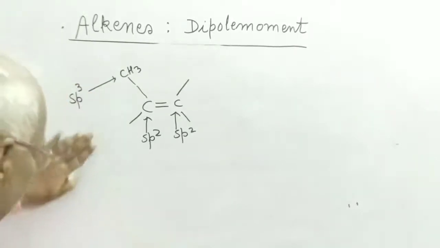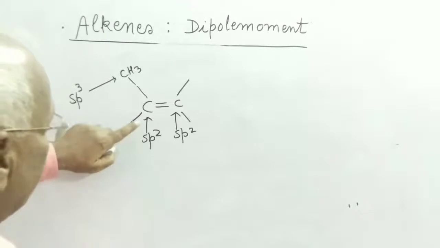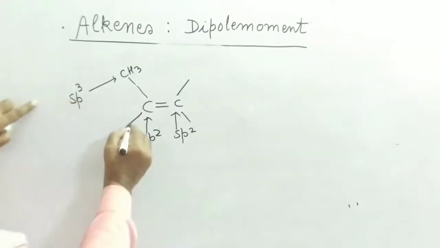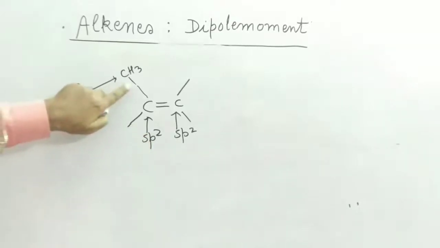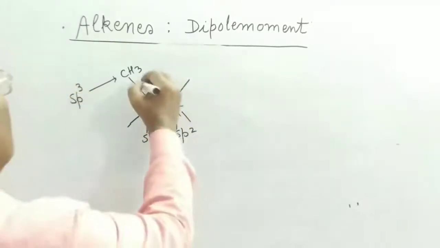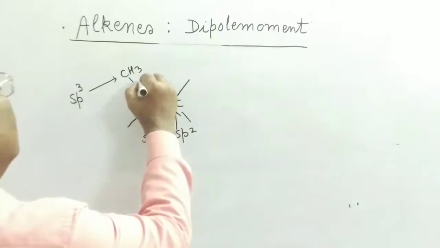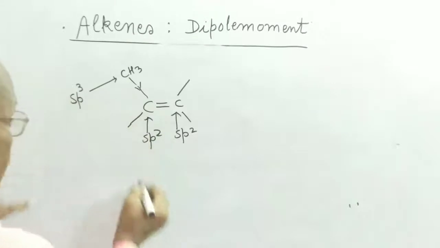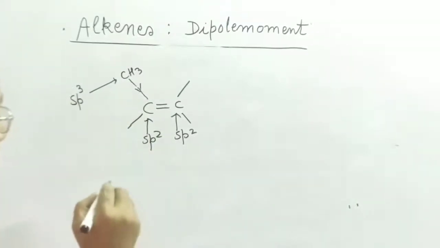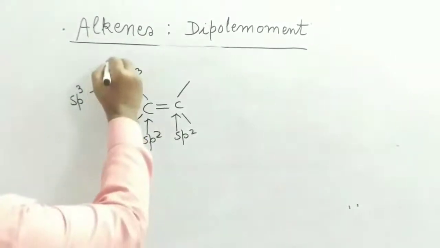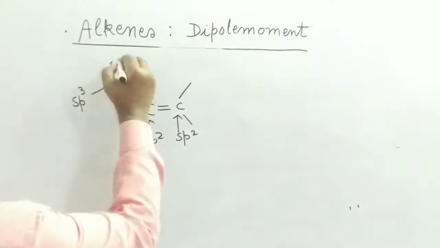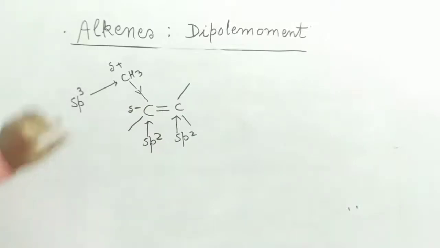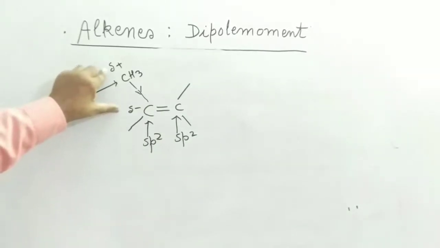So there is difference in hybridization. A sp2 carbon is more electronegative than the sp3 carbon. So this covalent bond becomes polar because of shift of sigma electrons towards the more electronegative sp2 carbon, resulting in development of a dipole like this. This becomes partially positive and this carbon becomes partially negative. So creation of two opposite